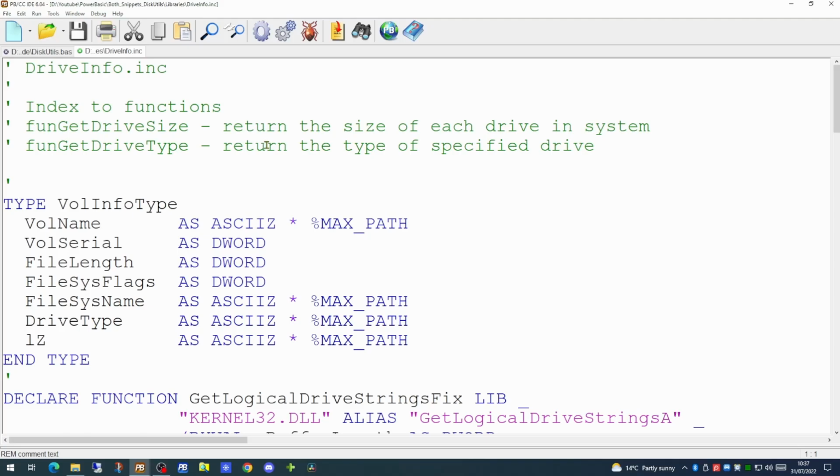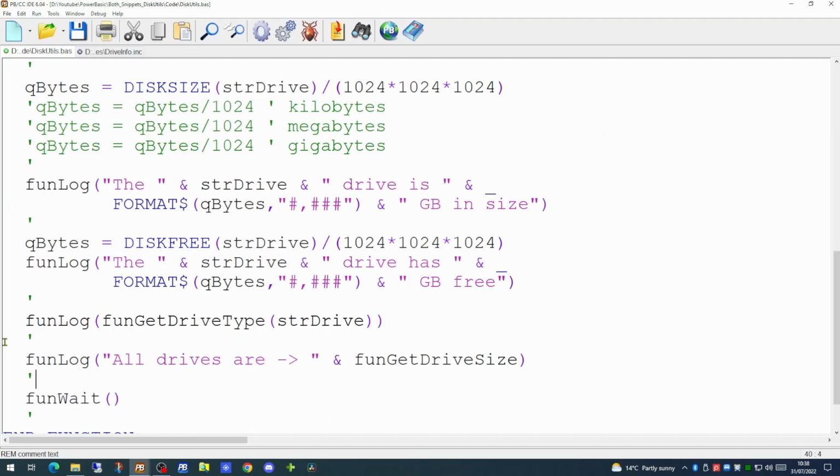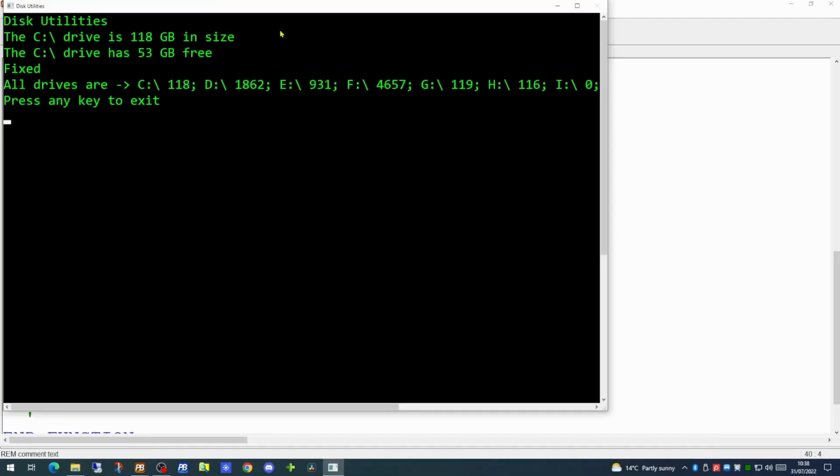The second function within our library is the getDriveSize. This will return the size of each drive specified in our system. This takes no parameters because its task is to work out what drives are available and display them. If we run this now, it will tell us all the drives we actually have and how much space is actually set as their capacity.